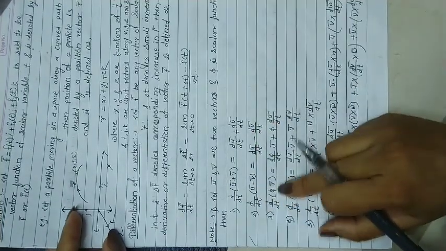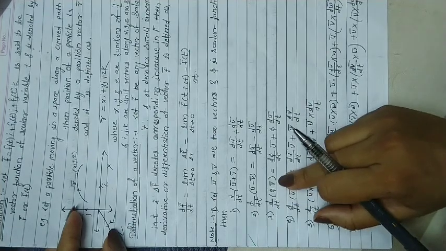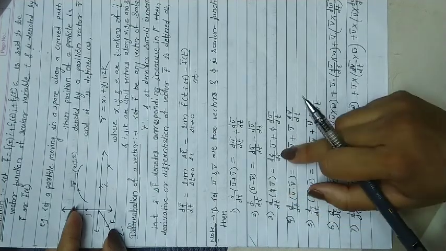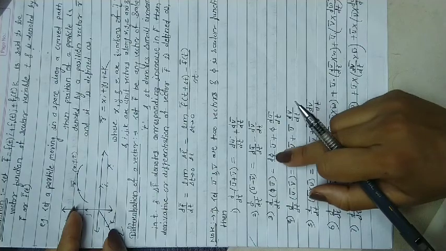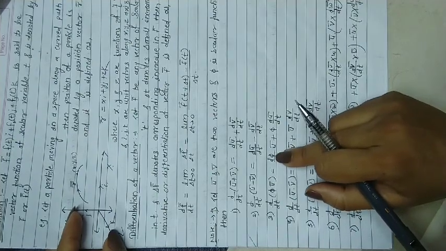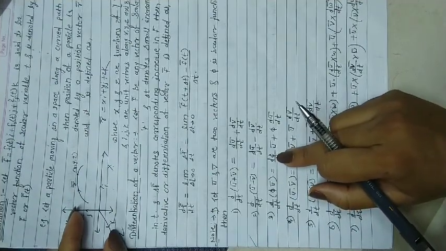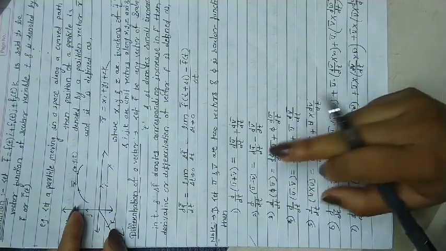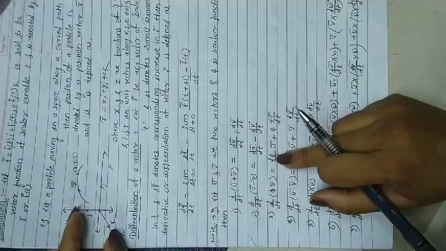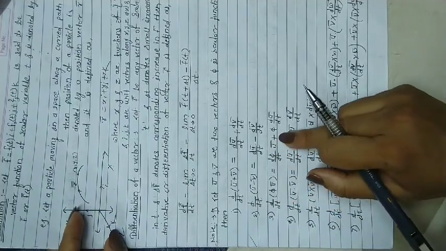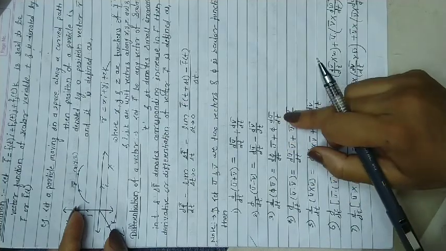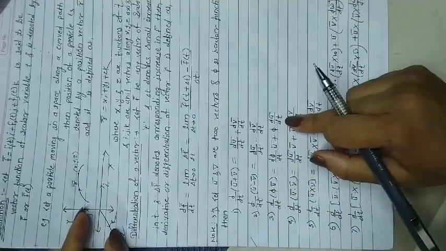Phi into u is the multiplication rule: u into derivative of v plus v into derivative of u, like this only. We just have to follow the sequence of phi and u. First phi, then u bar. So the derivative of phi into u bar is derivative of phi into u bar as it is, plus phi as it is into derivative of u bar. This is the general product rule of derivative.